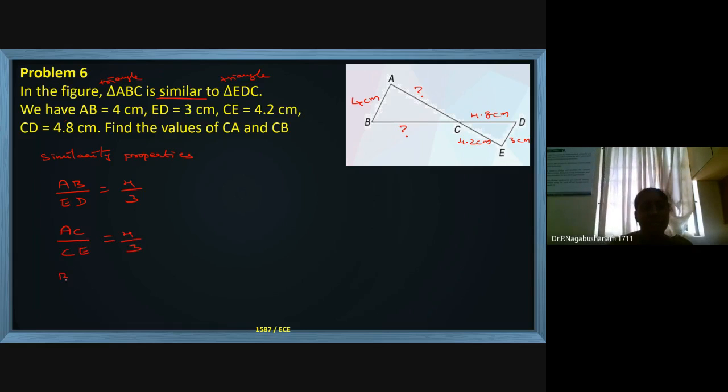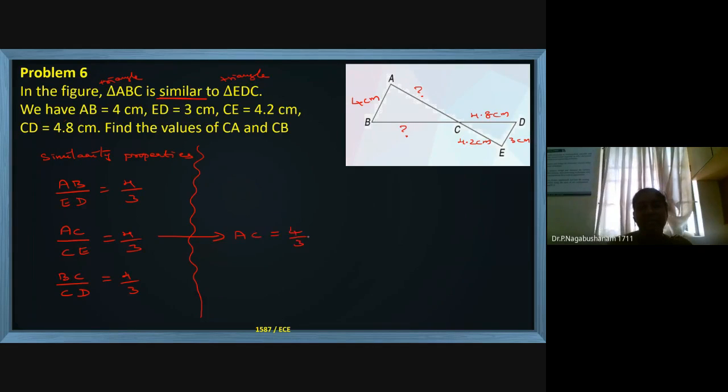Similarly, BC and CD, they come on a straight line, the same line. You can see it is an extended line in the two triangles. It is the same straight line in the two triangles. Now, the 4 by 3 should remain the same based on the similarity property. This ratio should remain the same. Only then we can call them similar triangles. Now from here, they are asking the AC value.